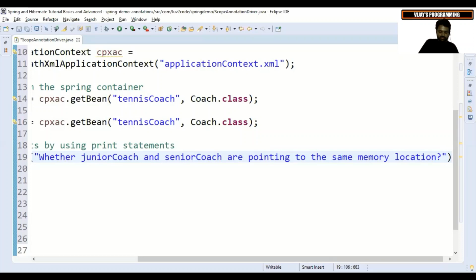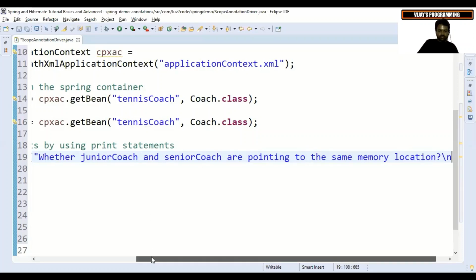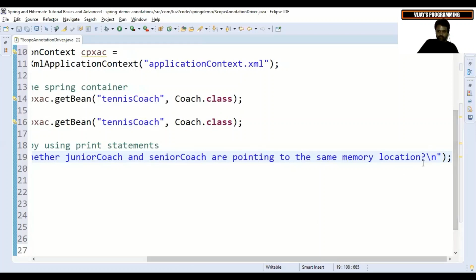After that, I'm just giving the escape character, that is to print in the next line. \n is the escape sequence or escape character. So if I give this, whatever the text or code we type for this statement, it will be appearing in the next line. If you just enter,